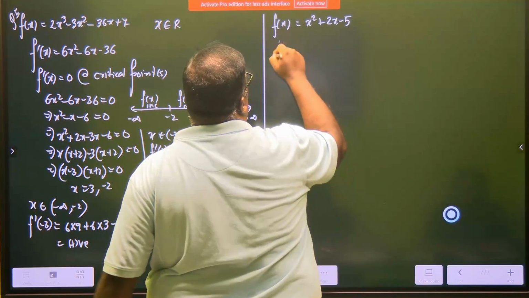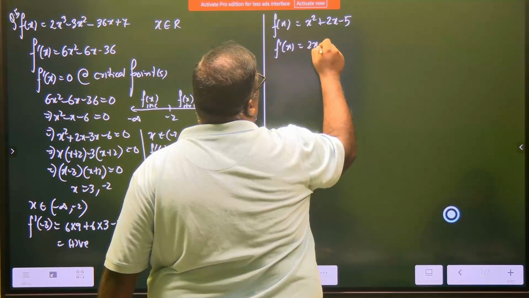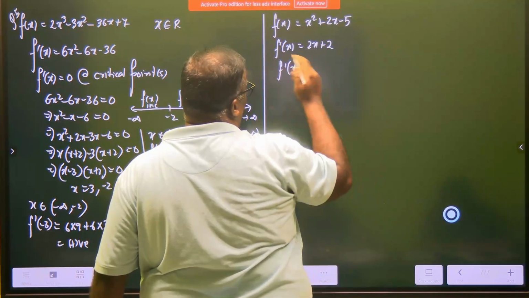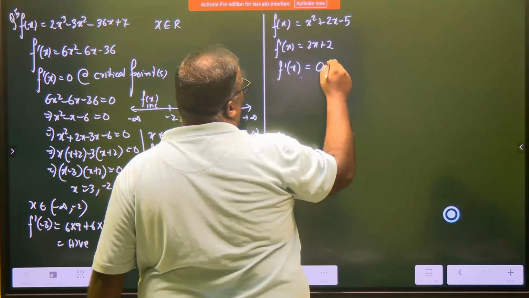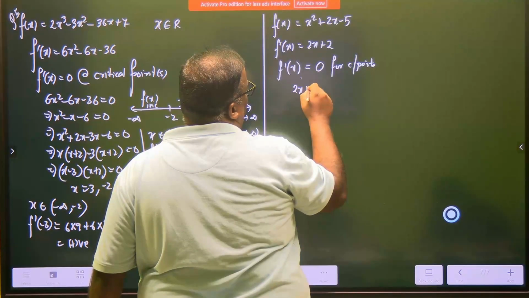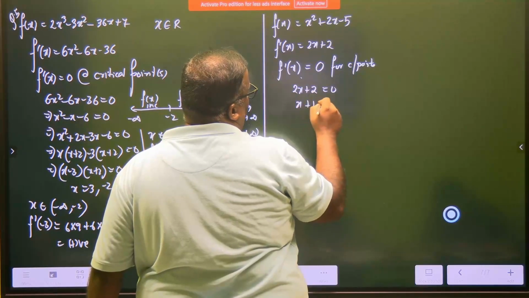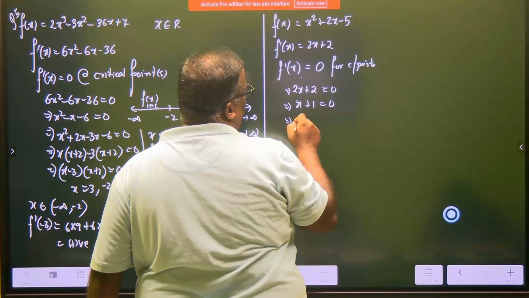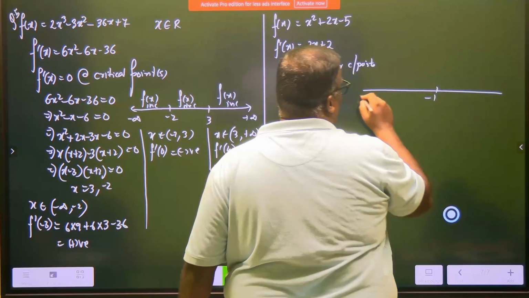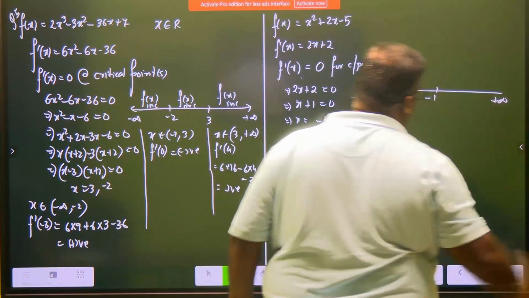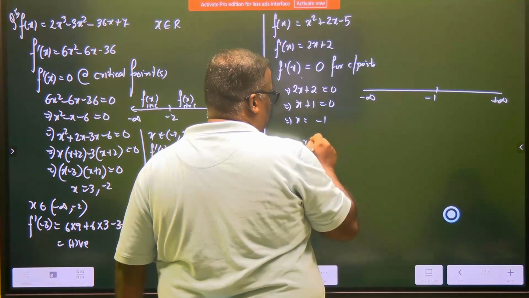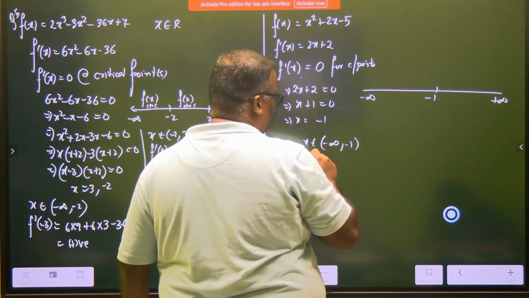Quadratic. So we expect the derivative to be linear, 2x plus 2. Now you check f dash x equal to 0 for critical points. So 2x plus 2 is equal to 0, x plus 1 is equal to 0, or x is equal to minus 1. That means I have minus 1, negative infinity, and positive infinity. Now I need to check in these intervals. So here I can take x belonging to negative infinity to negative 1. I check for f dash of